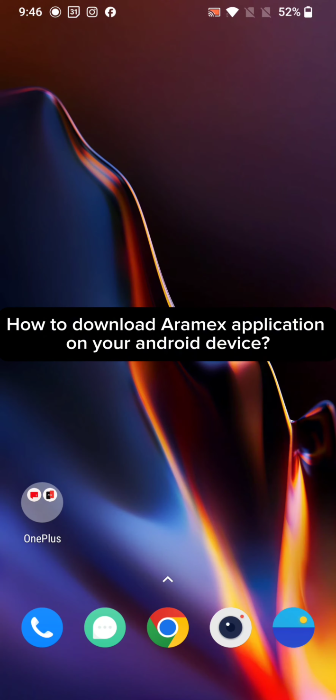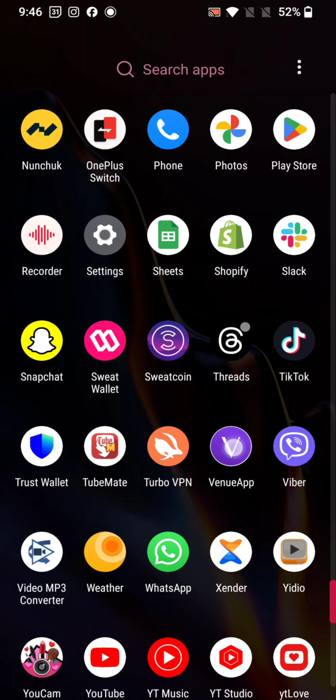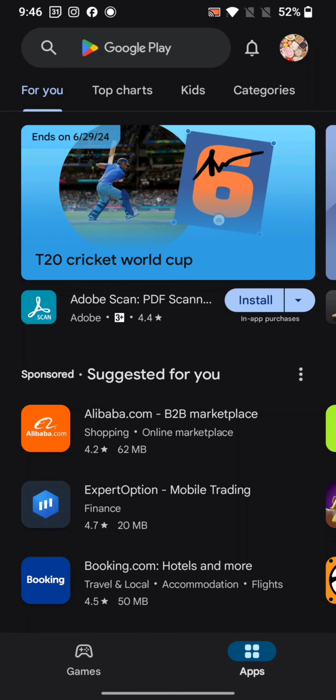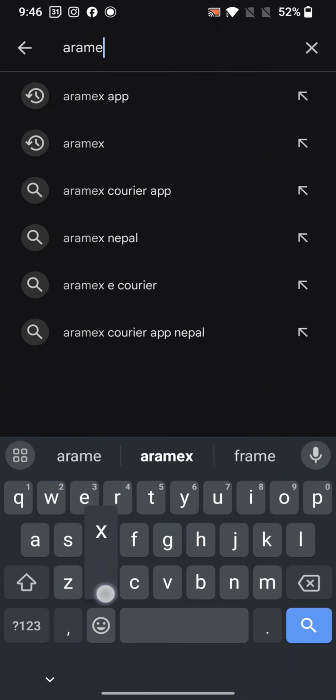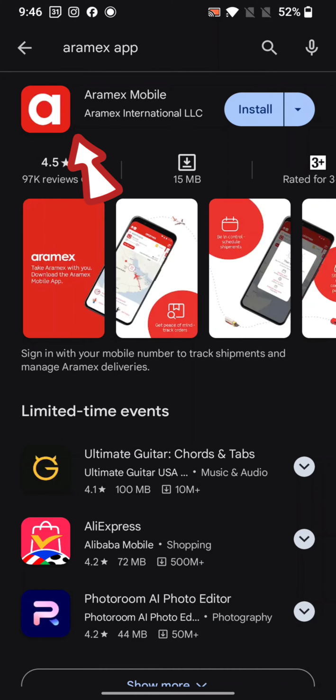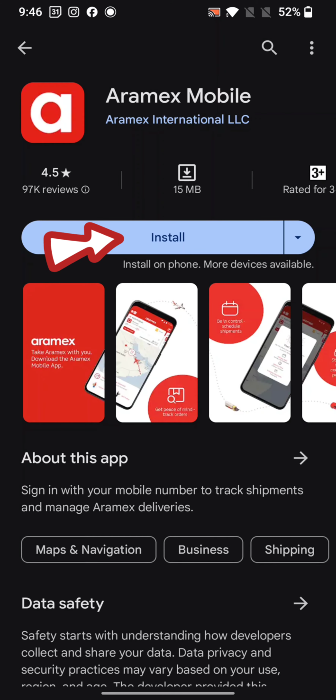To download your Aramex application on your Android device, firstly go ahead and open your Play Store. On the search box at the top, type in Aramex and make a search. You're going to see the search results displayed on the screen. Click on the application. On the next page, tap on the Install button just below the application to begin the downloading